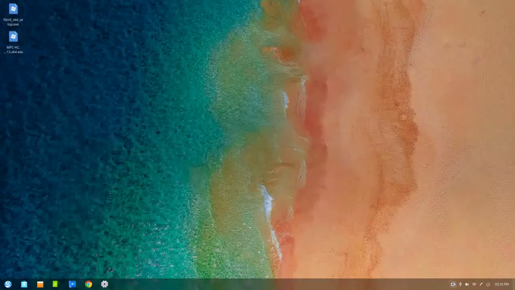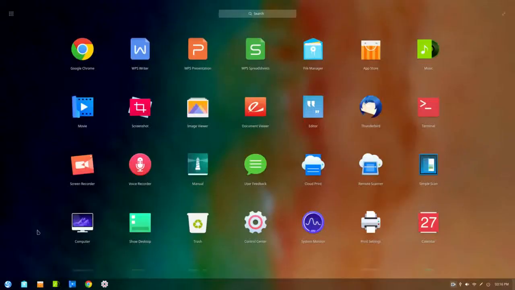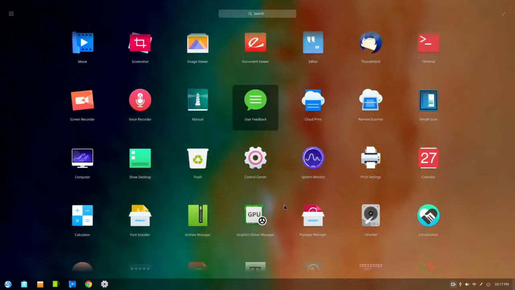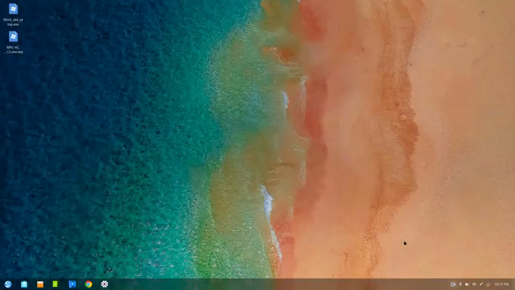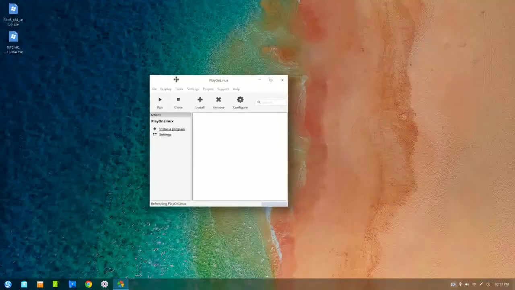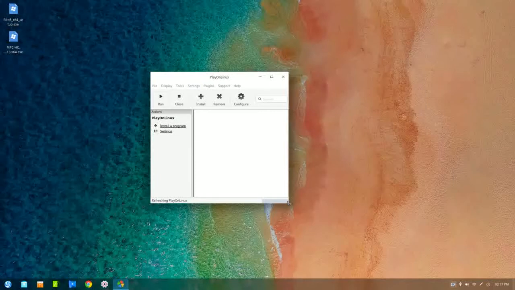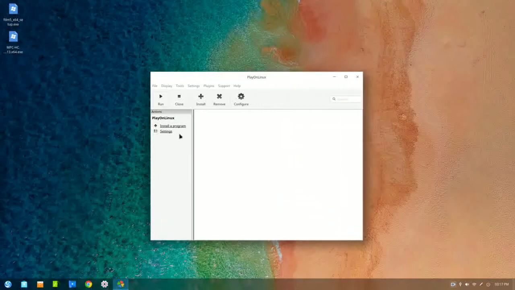The first thing is go to your menu or start, whatever you have shown on your operating system. I'm using PlayOnLinux to install Windows applications on Linux. So click on PlayOnLinux. After the dialog box is shown, you simply click install a program,